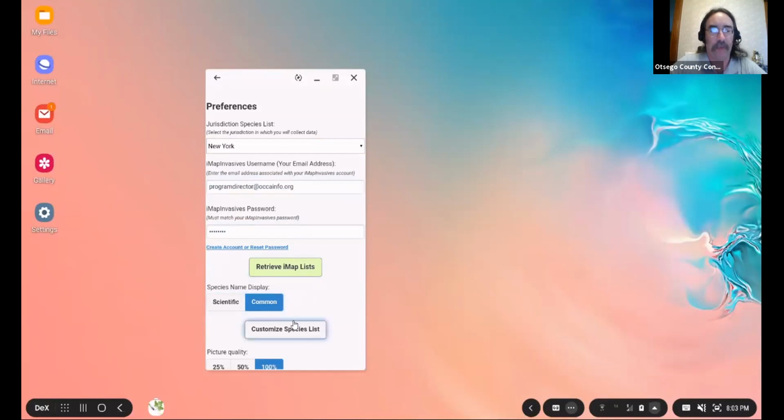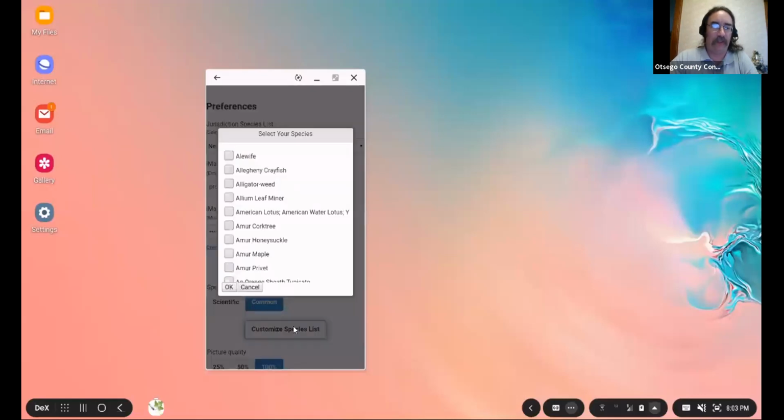And then the custom species list is nice because if you only wanted to focus on, say, the 4 species that we mentioned, you can go into this list and check them off. If you're only working on a narrow set of plants or animals, you would go through this list, check, check, and then click OK. And I'm not going to go scrolling through this thing. It's mighty long.